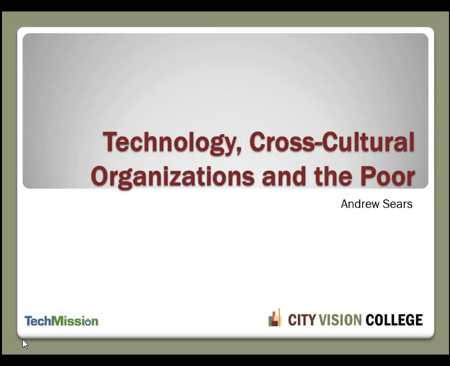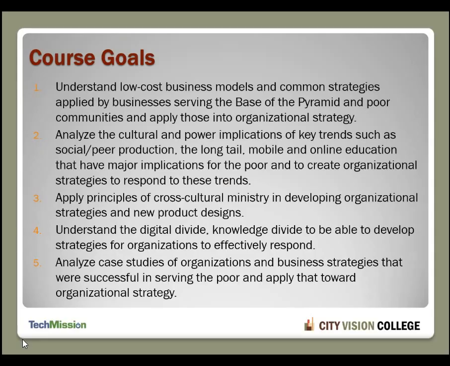So there's course goals, and this is kind of like the cheat sheet of what we are trying to do. The main thing we're trying to get you to learn is the idea of low-cost business models and common strategies applied by businesses serving what's called the base of the pyramid or the bottom of the pyramid, and poor communities, and apply those into organizational strategy. Along with that, we're going to have a section where we look at cultural and power implications of some key trends, and then we're going to apply principles of cross-cultural